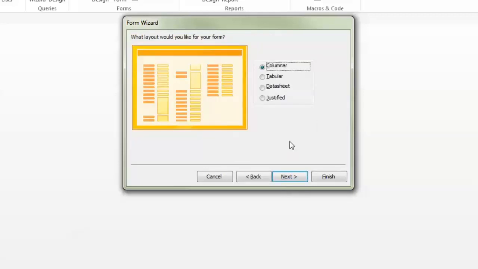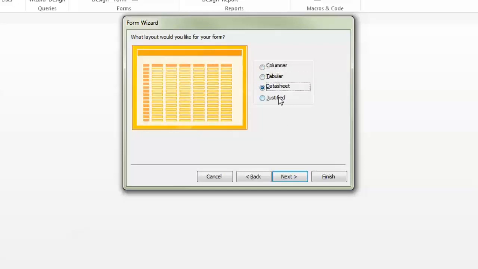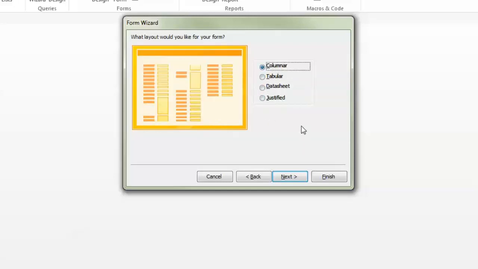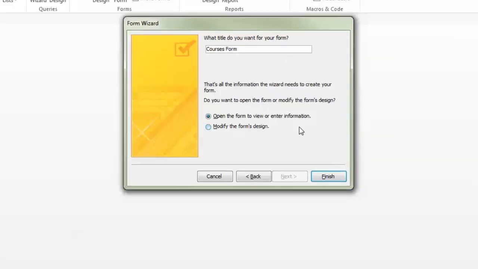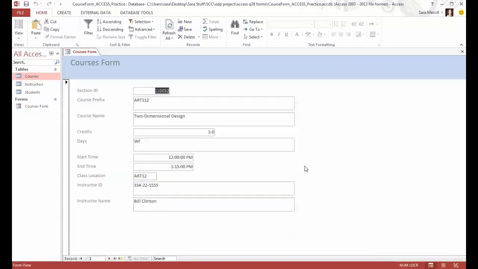In the next dialog box, you can decide how you want the form elements on the screen. You can have them in columns, in a table format, datasheet just like the table datasheet view, or even a justified format. We'll go ahead and choose the column-based layout, click Next, and then on this screen you want to give the form a unique name, so we'll just call it Courses Form. Then we'll leave the default option so that we can open up the form and start entering information. So we'll click Finish, and you'll see that the form has been created